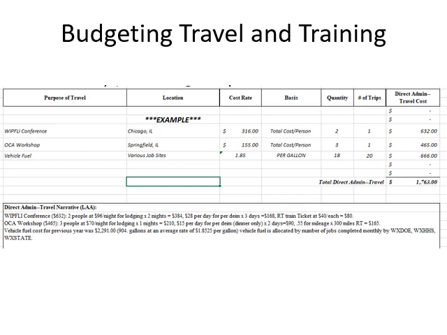So the total amount budgeted for this trip is $632, which is the $316 per person times the 2 people traveling. But if you'll notice down in the narrative, there's a lot more detail, and this is how we'd like it presented. So for the WIPLE conference, it shows $632 total, and it breaks it down by detailing that 2 people